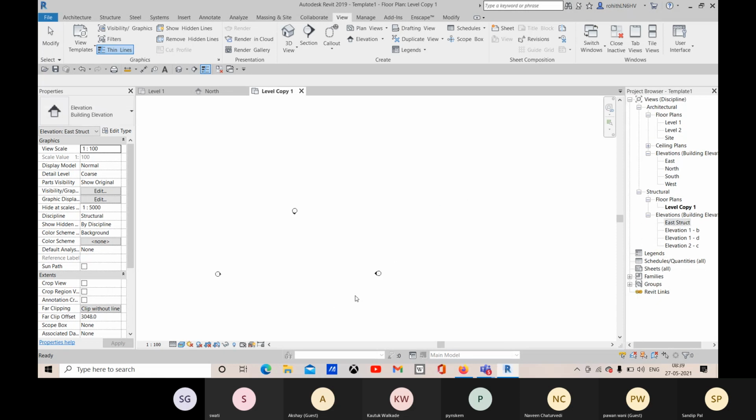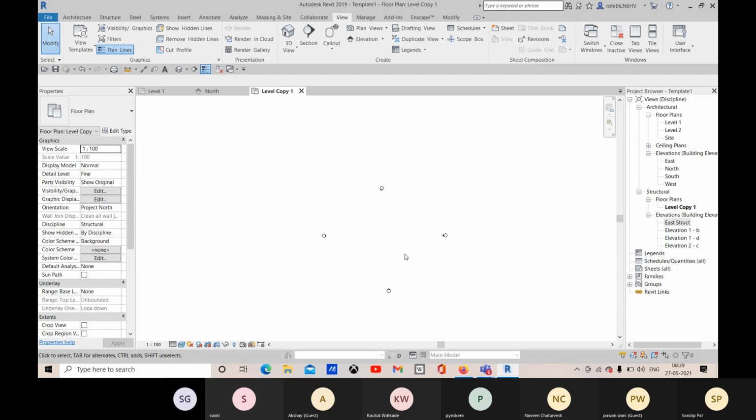Like that. Okay. So that is added. Here you can see these are added. All right. So this is elevation 2C that will be renamed as West. This one will be named North, and this one will be named South.